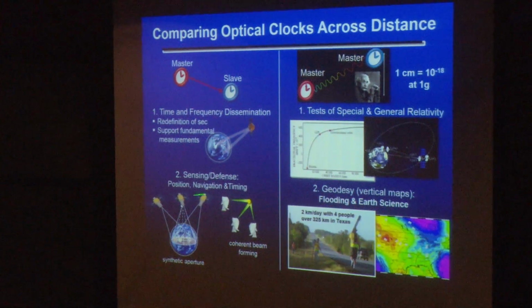You can imagine a smaller scale, but still a network, again related to formation flying, that's either looking down or up, where you're going to send timing signals around to all the different components. So they're acting as a synthetic or coherent system for navigation or sensing. And then there's the gravity effects that I mentioned, this idea that these clocks are 10 to the minus 18,